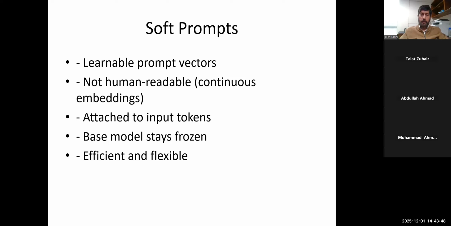So soft prompt, this is where actually adaptation occurs. There are many varieties in this. People call it soft prompt, one way is prefix tuning, and then there are others as well. So in soft prompt, you have continuous vectors that are learnable. And they are usually associated with specific positions in the input, in the prompt.